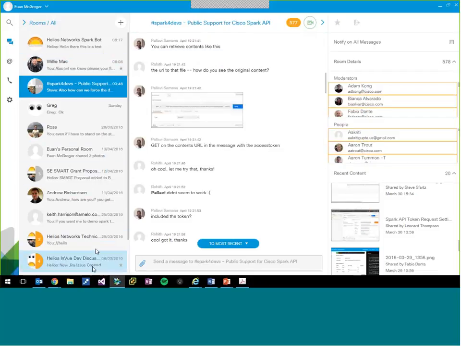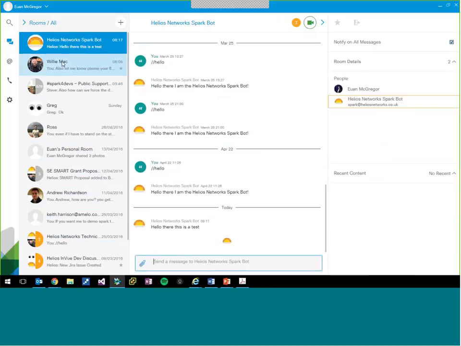Left-hand side, all the rooms I'm a member of. I can see that this is my Spark bot. This isn't actually a user in our system, that's why it's saying there's someone not in your company. But it is one of our bots for developing with. There's no content in this, but it's letting me know there is one participant inside your organization. So it lets you know to watch what you're saying, basically. So that's Cisco Spark. You can get this on your Android, your iPhone, iOS, Windows Phone 8 and 10, and you can also get it in the web client as well.